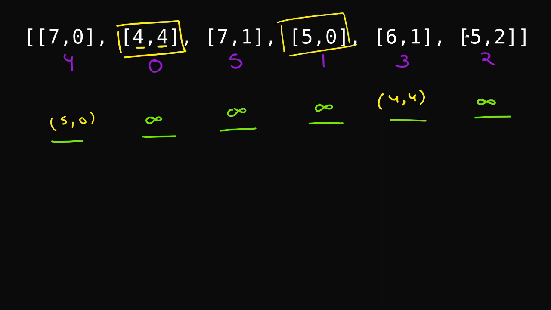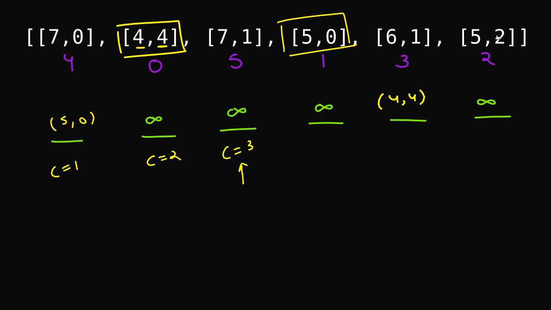Next one is 5 comma 2. Again, can we place 5 comma 2 here? No. But is this height 5 greater than or equal to 5? Yes. So I'll just increment my count here. So count becomes 1. Here, yes, this particular person is having the height of greater than or equal to 5, so I'll have count equals 2 here. Here, if you notice, this person is again having height which is greater than or equal to 5, since that's infinity. So we'll have count equals 3. And this is the place where we should place 5 comma 2.